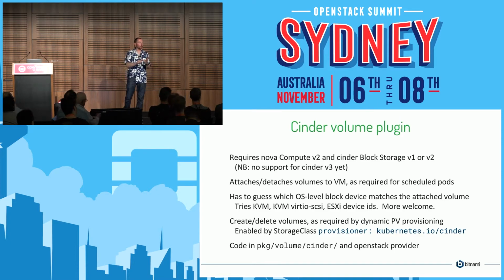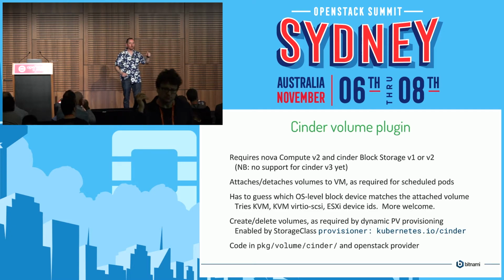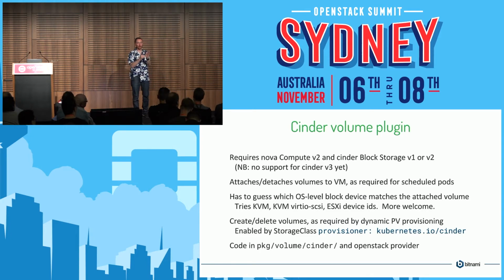When you say you're doing Cinder, you give it the volume ID, and this code goes, aha, I know what to do, talks to Cinder API, attaches it to the VM, then finds the right host device that magically appears. And that's actually a lot harder than it sounds. You have to guess, basically, which is a little disappointing, but that's what you have to do. So we have some code there for particular ones that knows what dev by ID file name to look for. And then it mounts it, makes it available.